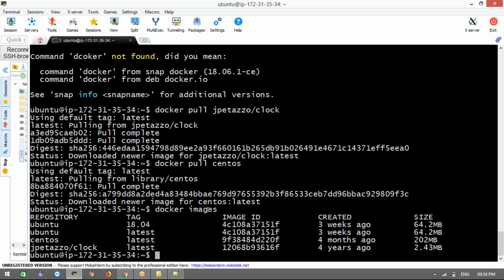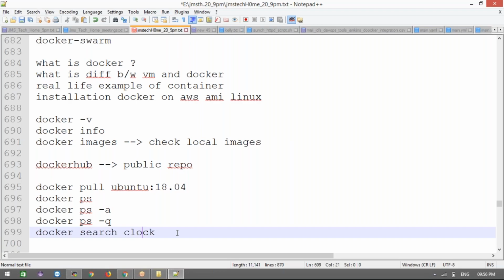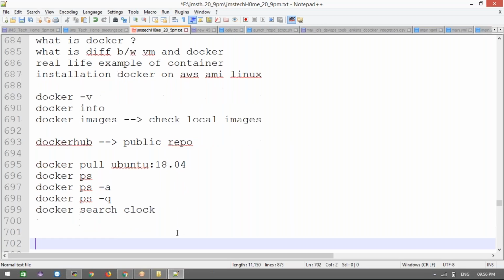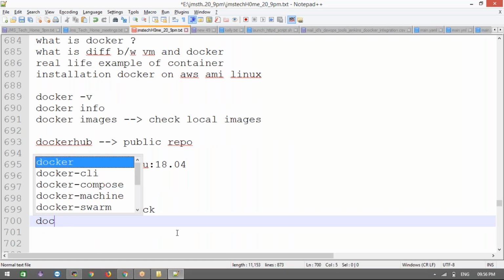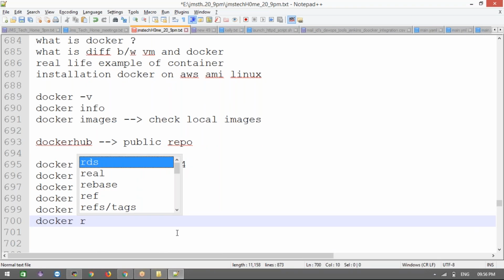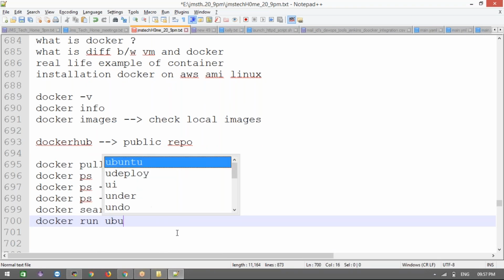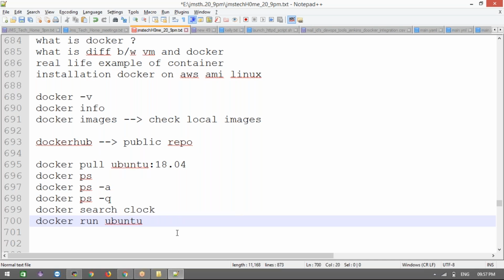If you want to run any container, which command are we going to use? A very important command. If you want to run an image as a container, we use the docker run command. Remember, very important. The image name is Ubuntu. I am going to use bash here because of the terminal. This is the command you want to run, logging directly into that container. We will discuss it. Okay, docker run ubuntu bash. What will happen? Let's see.